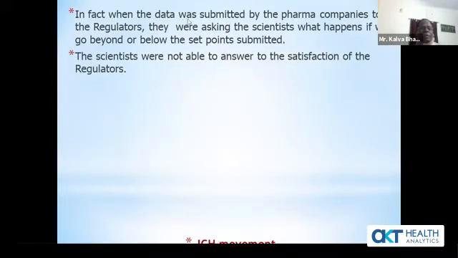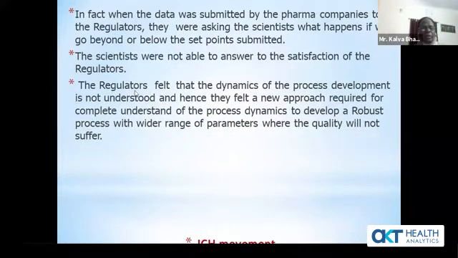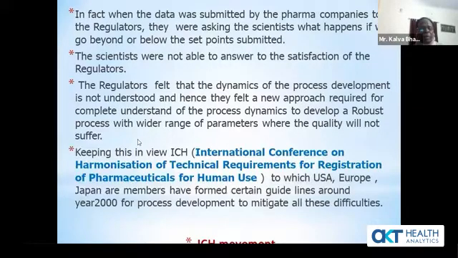In fact, when the data was submitted by the pharma companies to the regulators, they were asking scientists what happens if we go beyond or below the set points submitted. The scientists were not able to answer to the satisfaction of the regulators. The regulators felt that the dynamics of the process development is not understood, and hence they felt a new approach was required for the complete understanding of the process dynamics to develop a robust process with a wide range of parameters where the quality will not suffer. Keeping this in view,